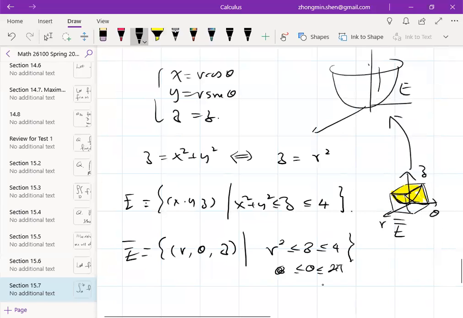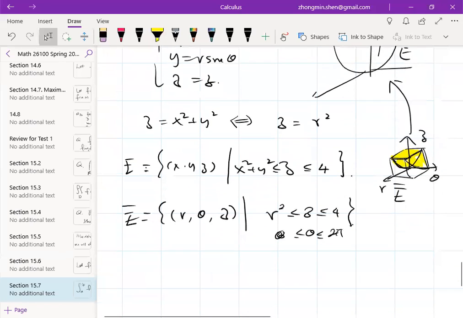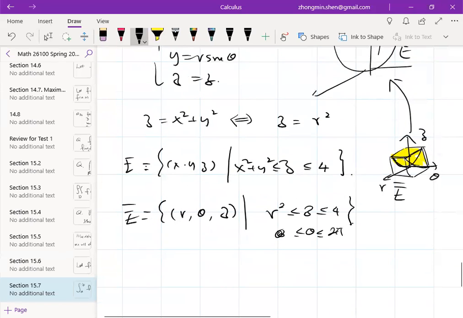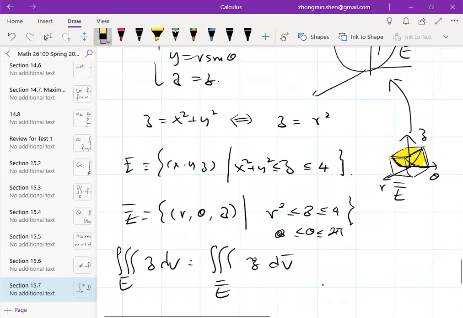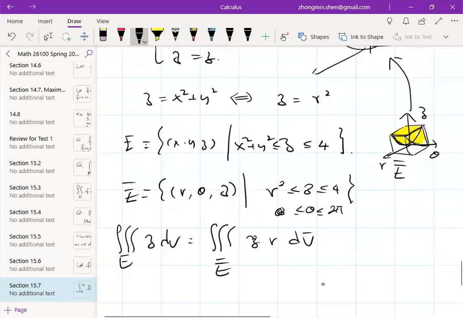So this solid E is mapped to the above solid. Yeah, z is between r squared and 4. Okay, so the triple integral over E of z dV is going to be the triple integral over E bar, and the z is going to be still z, but dV bar, right? And then multiplied by r. Okay, but for this triple integral,